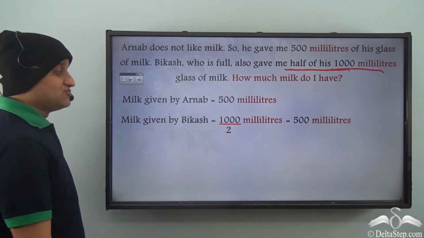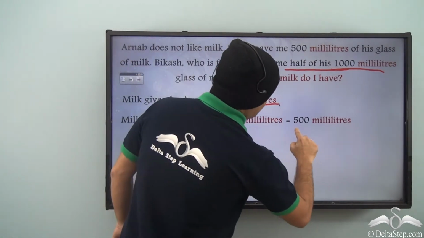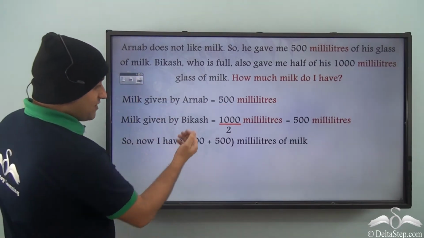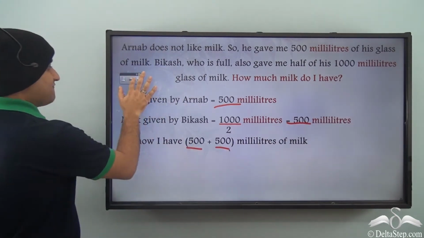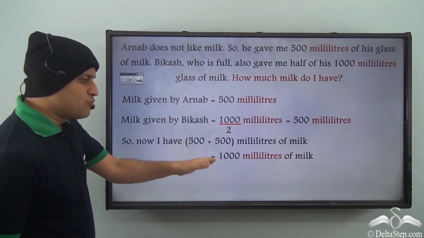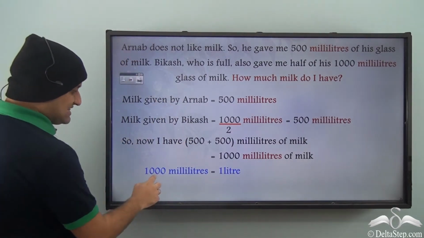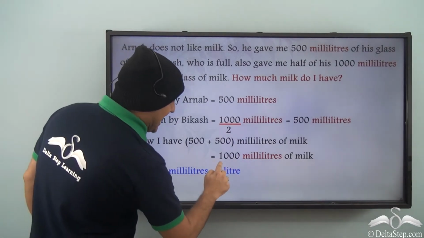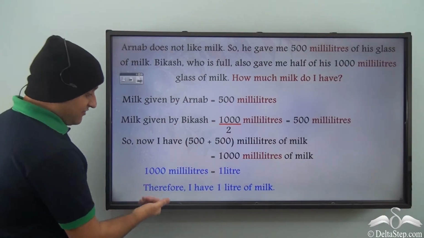So I have two values now. Arnab gave me 500 milliliters and Bikash also gave me 500 milliliters. So now I have 500 plus 500. So how much do I have? I have 1000 milliliters of milk. Again, how much is 1000 milliliters in liters? Well, 1000 milliliters is equal to 1 liter. So I basically have 1 liter of milk. So therefore I have